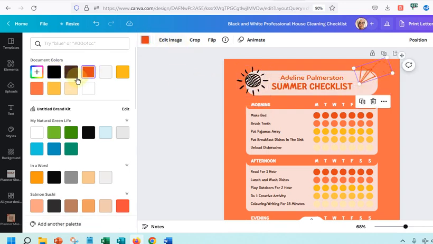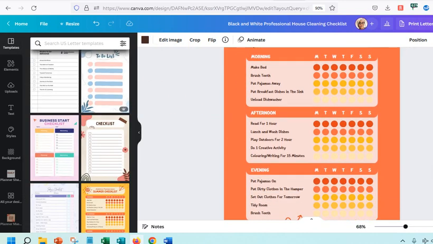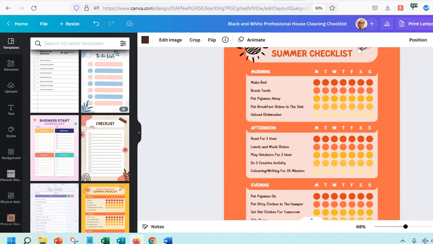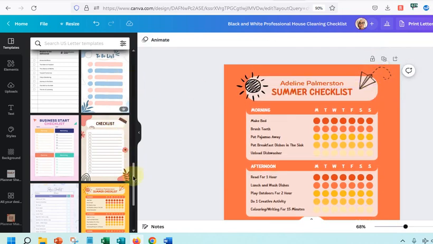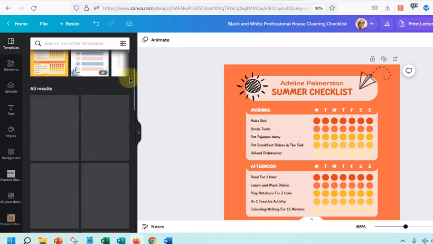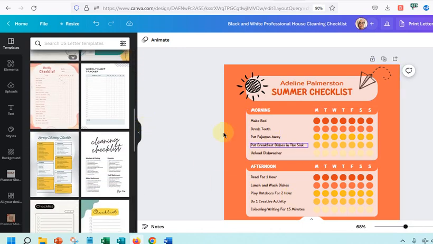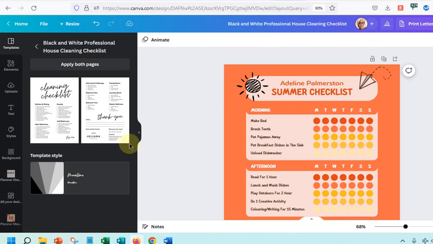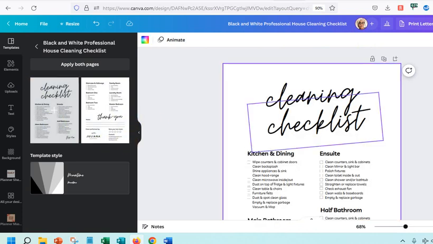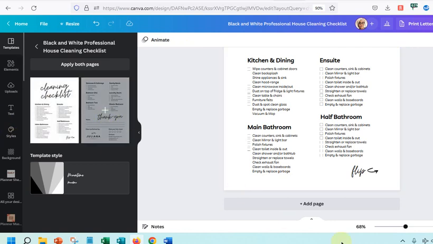So it's really user friendly, and that's why I always recommend this to everyone, because this is such a user friendly tool. So I'm going to go back up here and try to find the original checklist that I had. Okay, so here we are. We've got the original. I'm going to just click on this, and we will get our original template back,